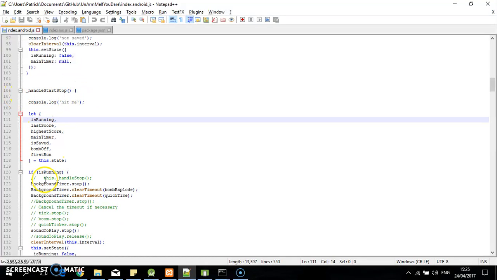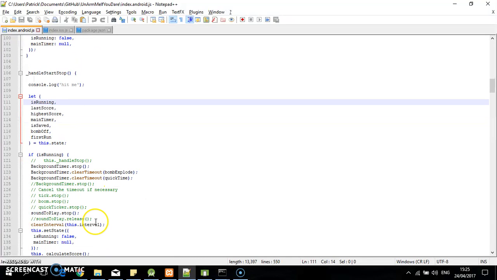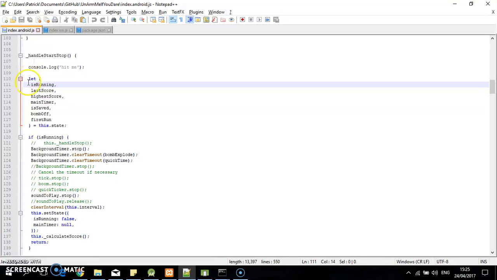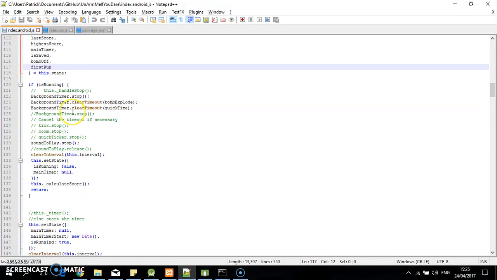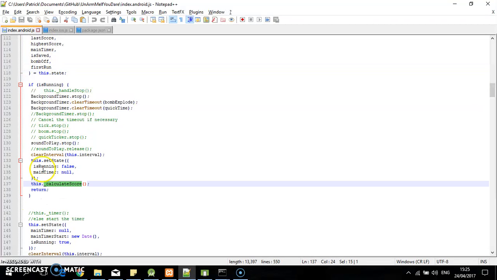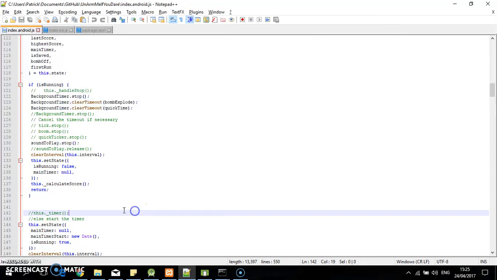Now if it's running, it stops the background timer, background timer.stop, and clears all the timeouts, as well as stops any sound playing. Now I let the state and run last score, etc., to be carried over, so it can be used in this method. Now when the application runs, it calls calculate score, which is down here,